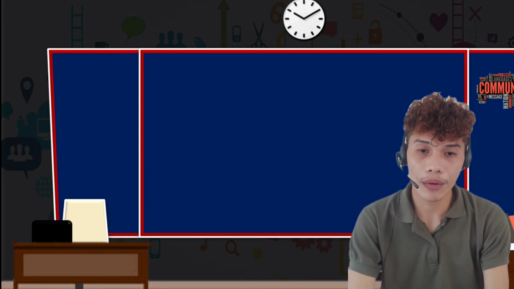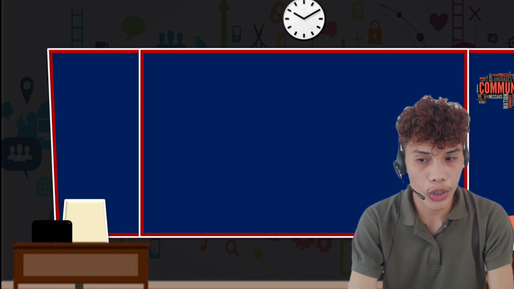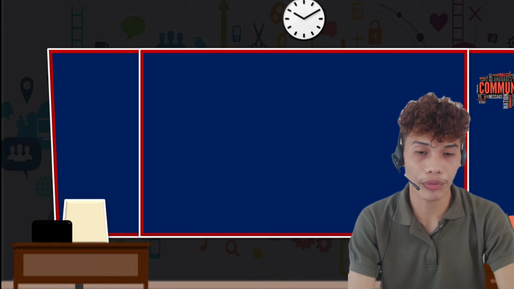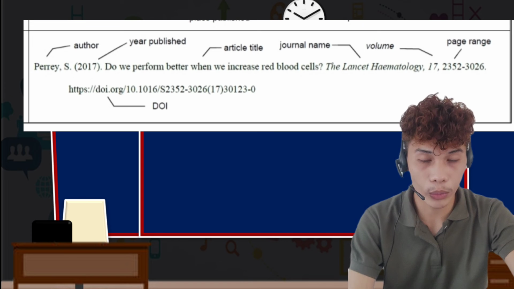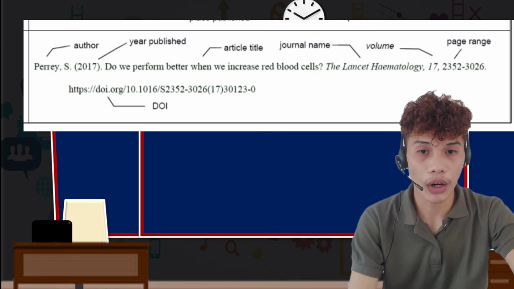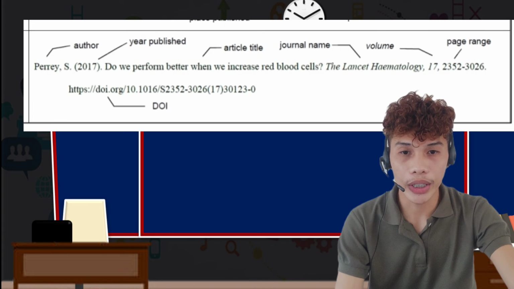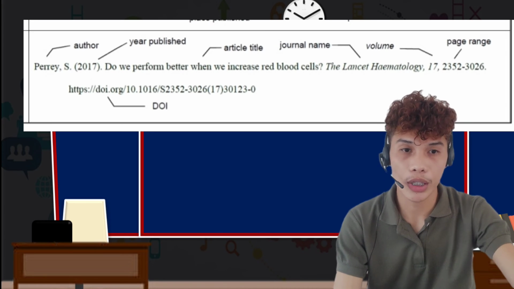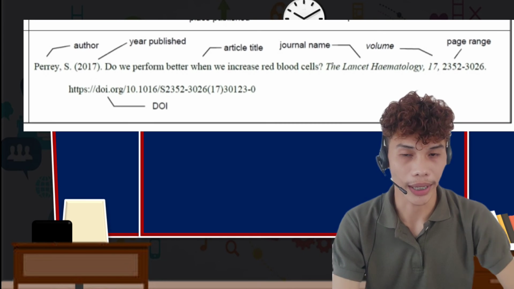Moreover, if you have cited an article from a journal or periodicals, such as newspapers, magazines, or even newsletters, then you have to follow these rules. Just like the previous examples, it all starts with the author's name. But if the author of an article is unknown, then you have to start with the title of the article and the year published. Then the journal name, and lastly the page range. And if it is from a website, then you have to include the page or the website URL.